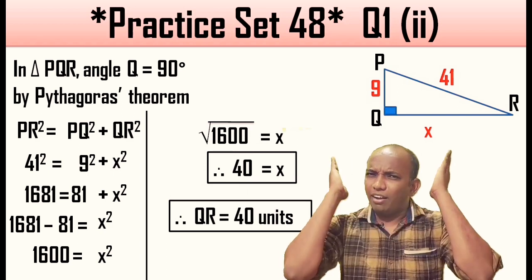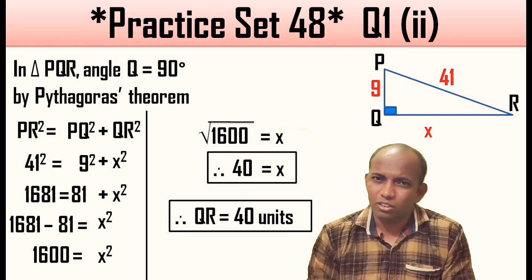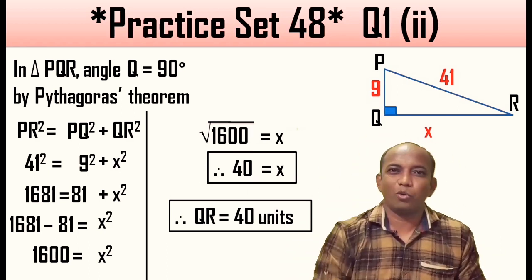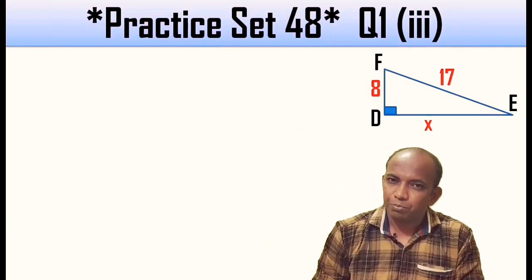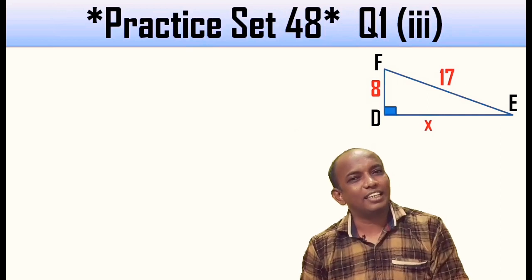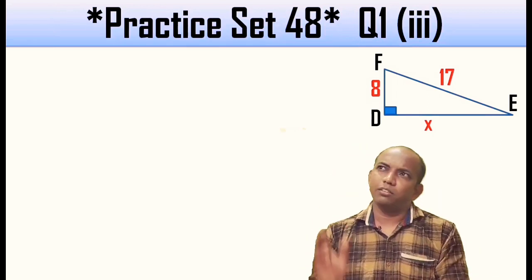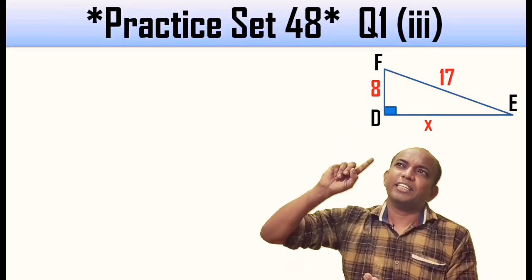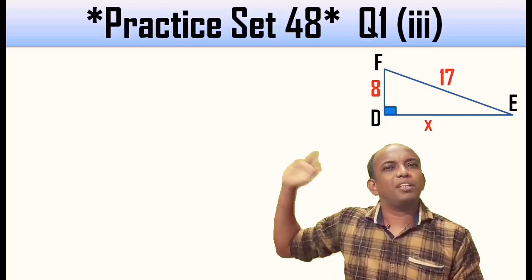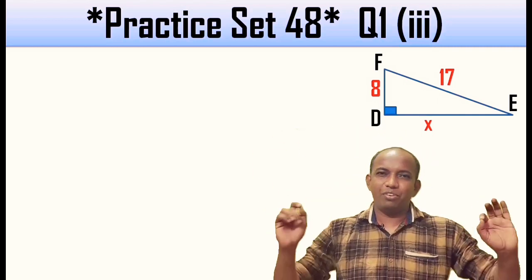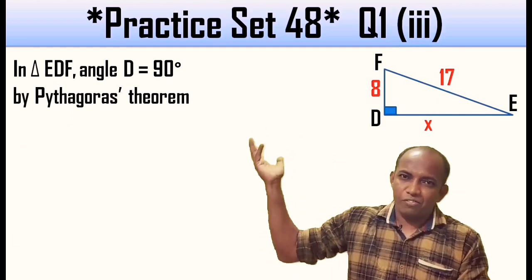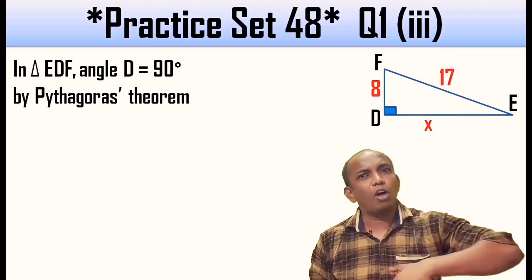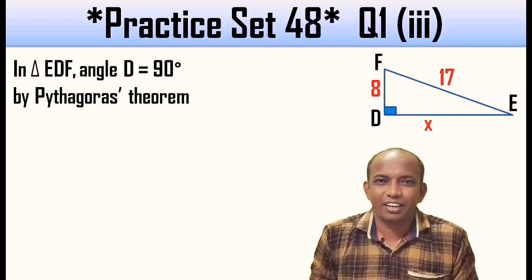So here we go with the last question of the question number 1. Okay, last sub question I mean to say. The triangle is FDE. Angle D is 90 degrees, and that makes triangle FDE right-angled at D, so FE will be the hypotenuse. Again, the value of EF, that is FE, is given to me, that is 17, and one of the perpendicular sides I need to find again.